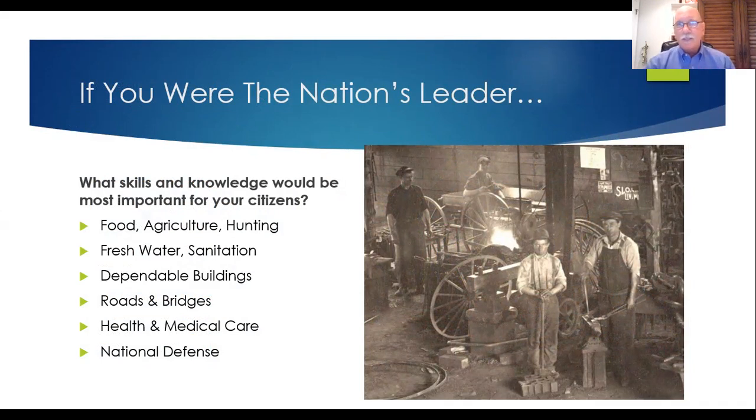So here's a list of things that you probably would have to consider. Well, naturally, food. People need to eat. How are they going to eat? Well, either they're going to get food from hunting or they're going to plant it and have an agricultural effort. What about fresh water? You know, fresh water doesn't always just come flowing out of a faucet. You need to have sanitation. You need to have desalination, perhaps, in order to get fresh water. And you need to maybe have some plumbing installed. In our modern day times, we don't think about this as much, but in the history of education, these were important things.